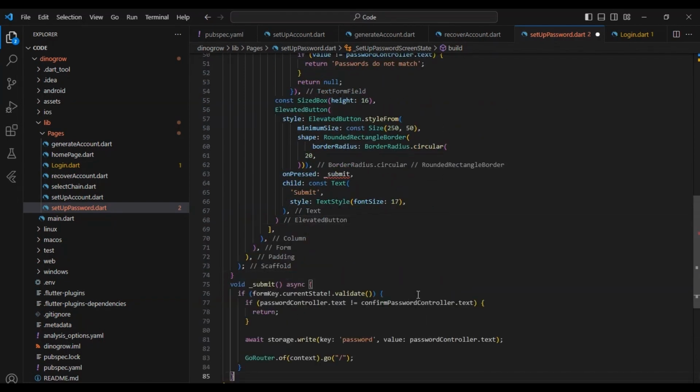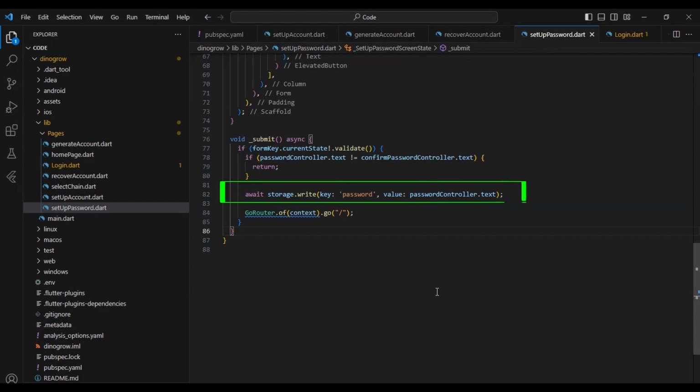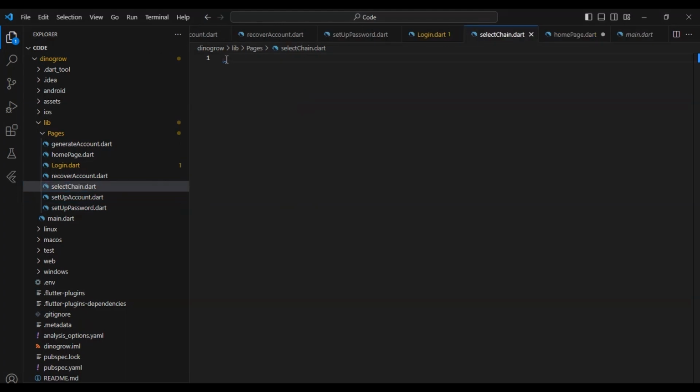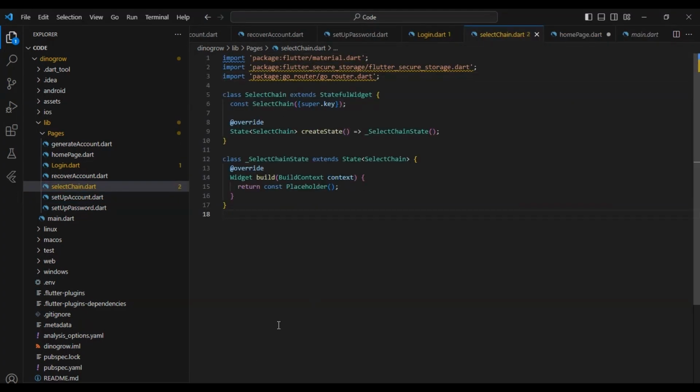In the submit function, we trigger the validators to confirm passwords match. If they do, the password is written to the device's storage, and we navigate to the login page in the root. In the select chain file, import these libraries, create a select chain stateless widget, create this storage variable,